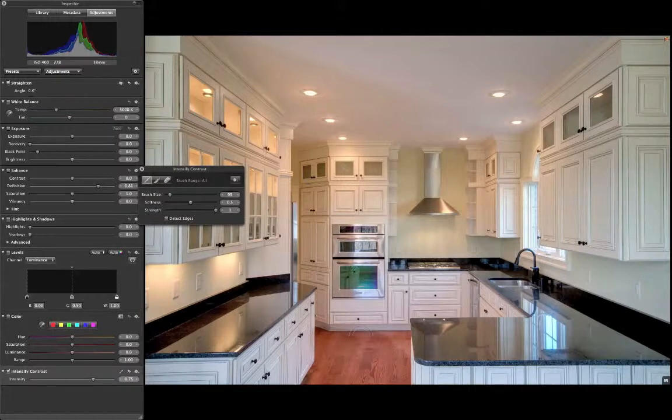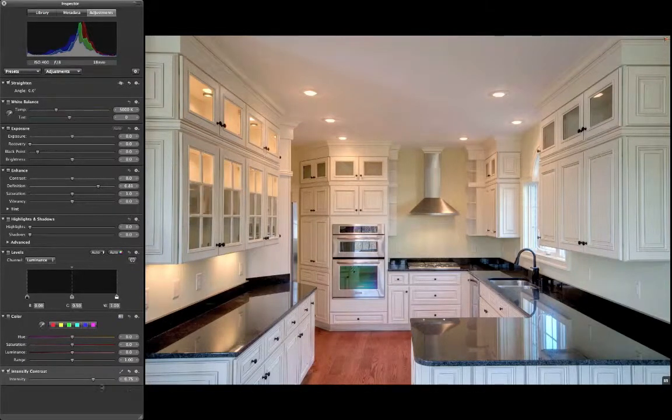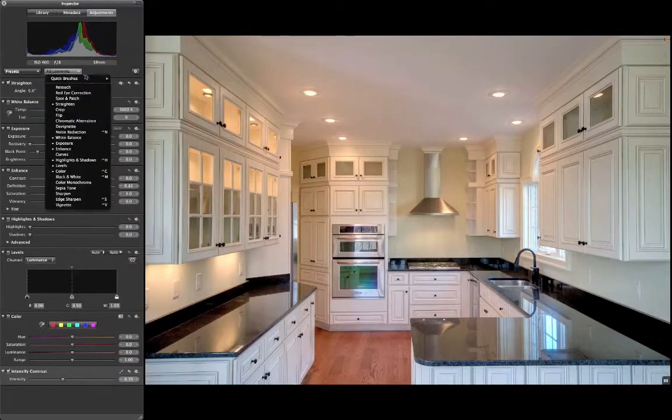So I'm just intensifying the contrast and doing a little bit to the hardwood because it needs to be a little bit darker. But I don't want to make everything darker since this room is white. It's very high key. So we're gonna take the intensity down a little. See, well, there's nothing, and there's something. That's a little too much. Obviously, I should have detect edges on to not let it spill over,